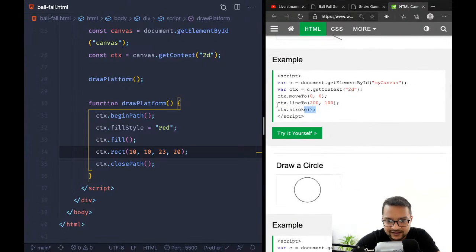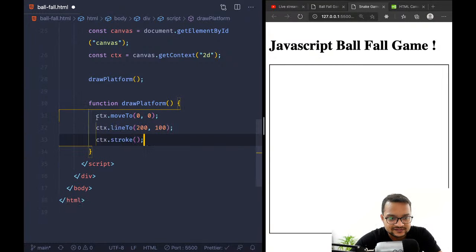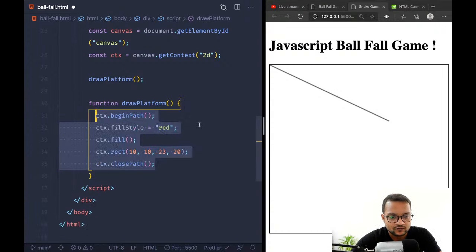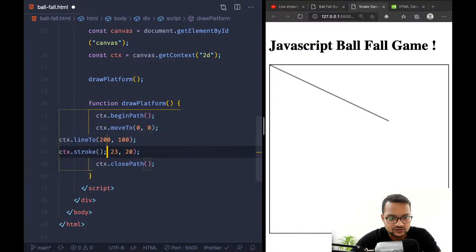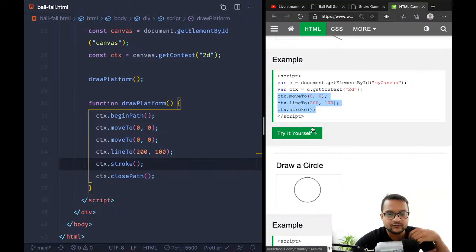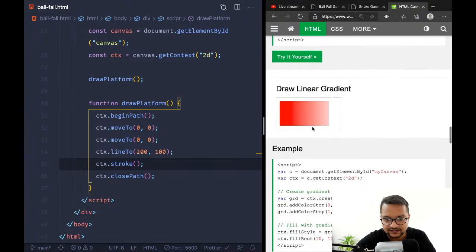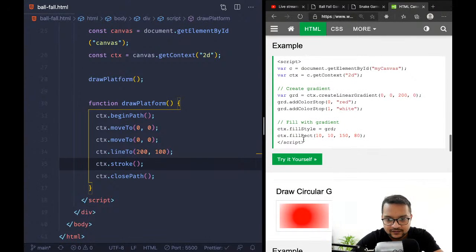Okay, let's try to create a simple line. Let's paste it, save. Oh, it's creating. Strange. And what if I move these things into the begin and close path? Oh, what happened? Like here. Still we have it. Amazing. So I'm doing something wrong with this rectangle. So here we can see we have this rectangle. Okay, so